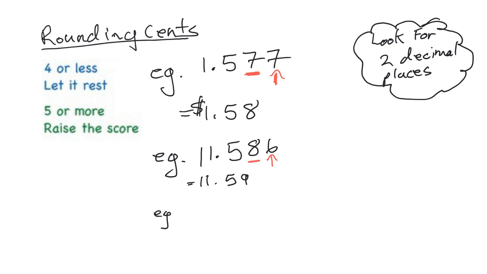One more time, for example, $11.923. So now we look at this 2. We look at 1923. So we've underlined the 2 and look at the 3. And because it's 4 or less, we let it rest. So we write $11.92. And we're done. All right, now what I'd like you to do is quickly do the problems that I've posted online,